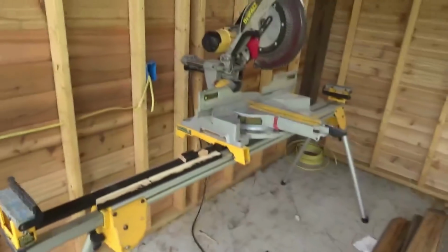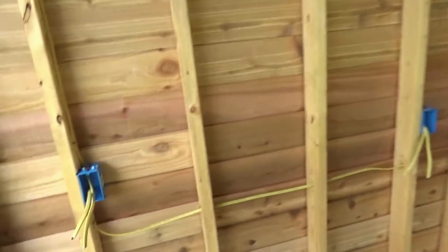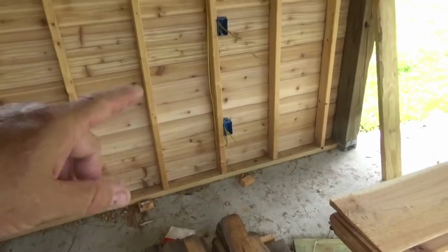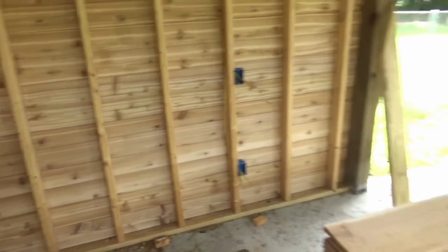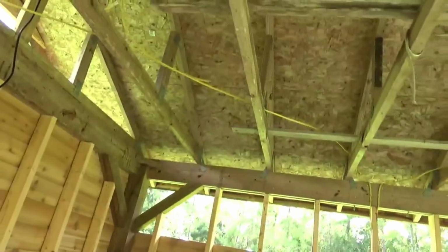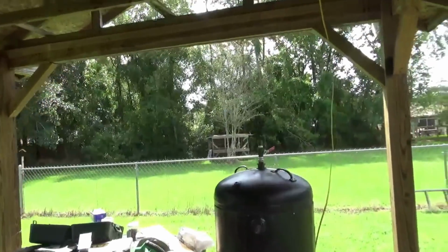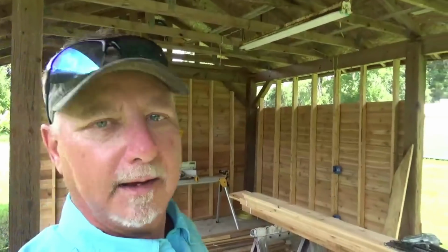Get the grass mowed. And we have our electrical in also, roughed in. So this is going to be our switch right here for our exhaust fan. We had a couple of outlets. I got one down in the bottom for the refrigerator, one for the countertop right there. I've already got that roughed in across. We have not roughed in for the light yet, but we will get that done as soon as we can get a minute. So that's just a quick update of what's going on at the new Backwoods Gourmet studio